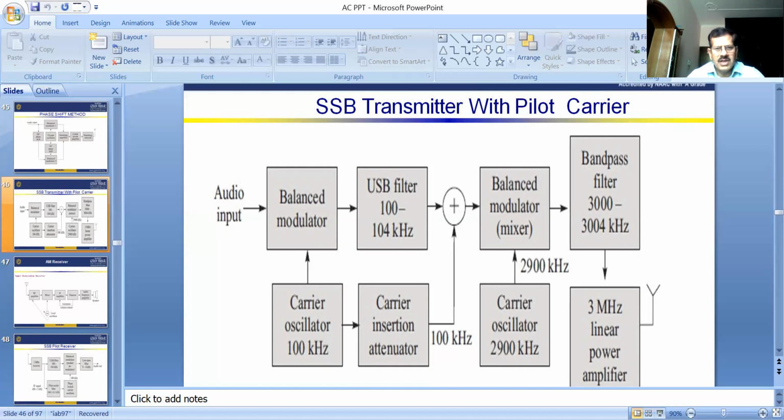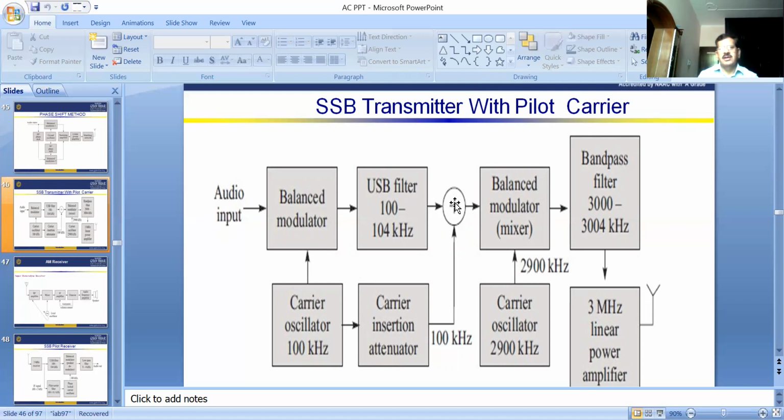After the balanced modulator, the signal is applied to the upper sideband filter. The filter frequency range is 100 to 104 kilohertz. This signal is applied to the summing network, and another signal from the carrier insertion attenuator, which generates a 100 kilohertz frequency signal, is also applied to the